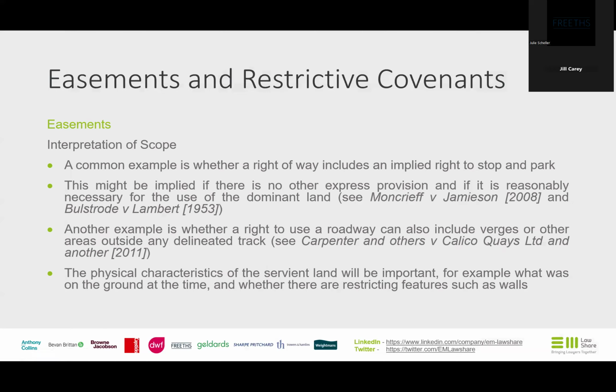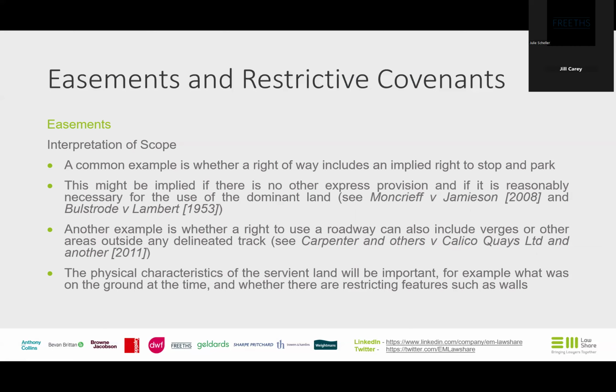Well, even if it doesn't say so in the deed, the court might be willing to imply a right to stop and park if there is nothing else in the deed to rule it out. So if the deed said "without stopping at any time," that would override any implication. And secondly, if it's reasonably necessary for the use of the dominant land. And there's some recent case law there, and a much older one that we still use today, the Bulstrode and Lambert